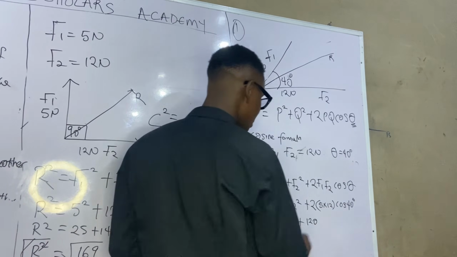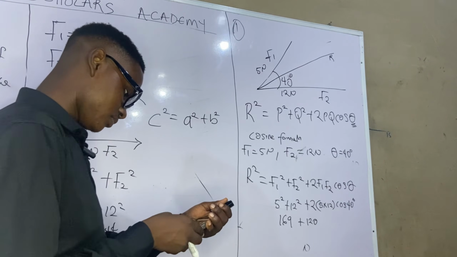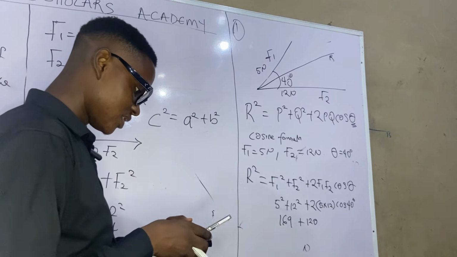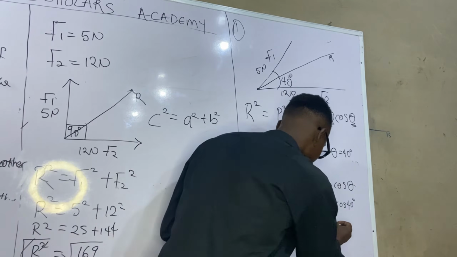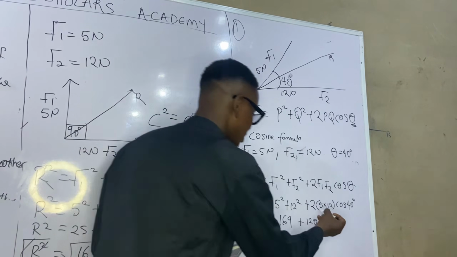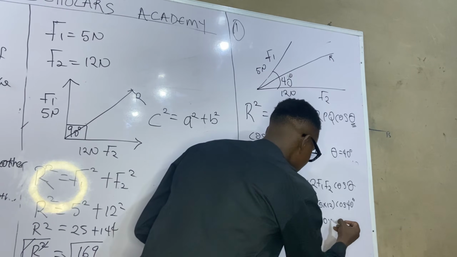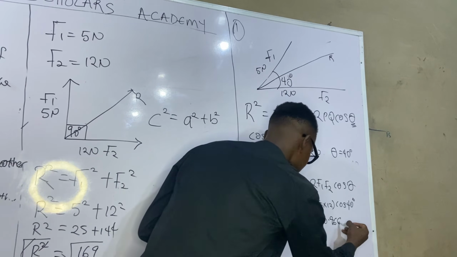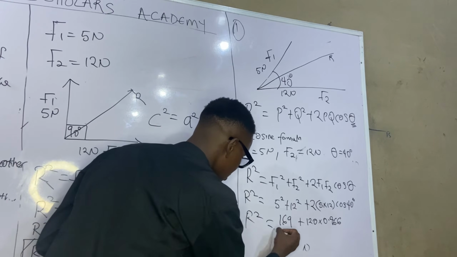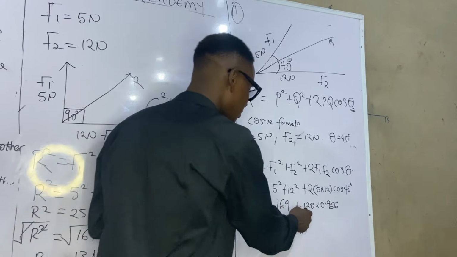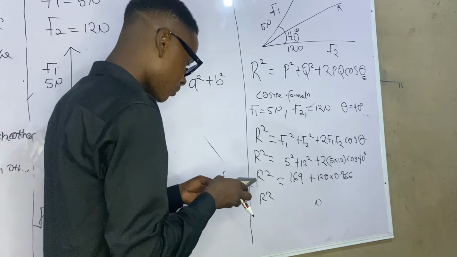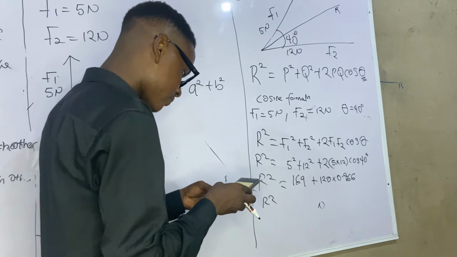120 cos 40 should be 0.76. Let me use my calculator for that. So cos 40 is 0.766. So let us multiply 120 times cos 40, times 0.766. So remember R squared, R squared, R squared. So when you multiply 120 times 0.766, then you add that with 169, you get